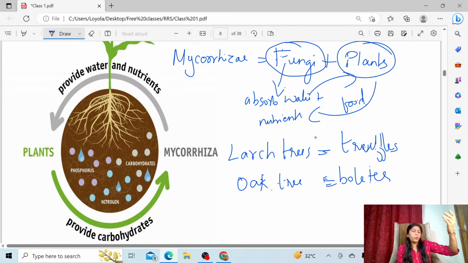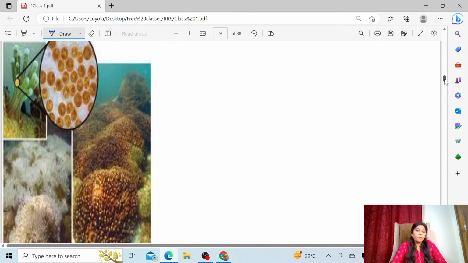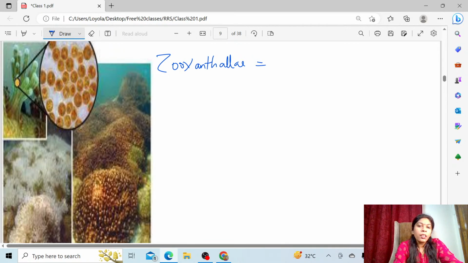It was asked in UPSC around 10 years back. Again, there is a possibility of it being asked again. So you should be careful while reading this association. Then comes zooxanthellae. This is another association, a positive association. Okay, and it's a mutualism where you can see the